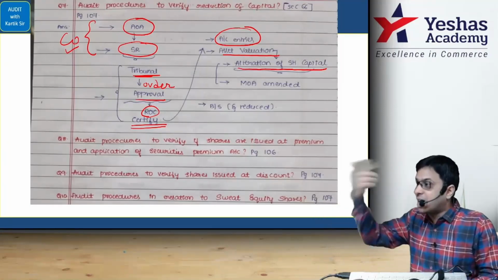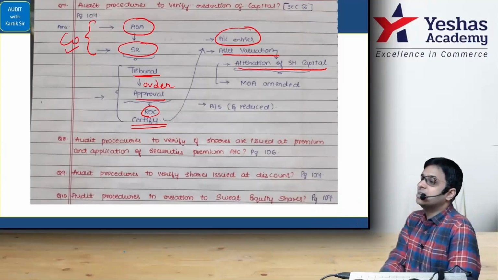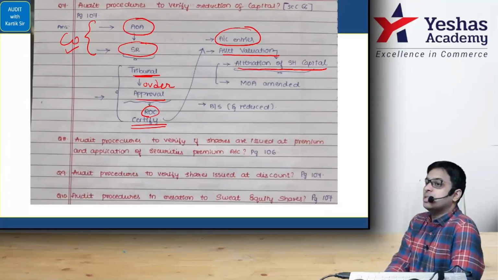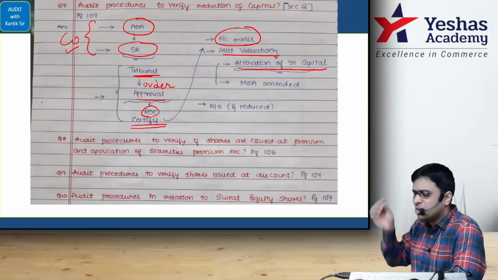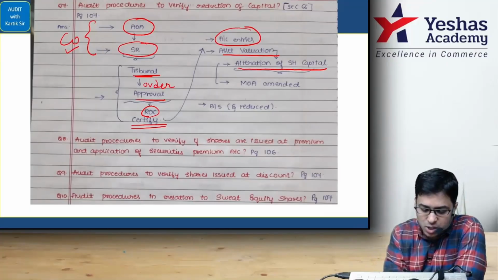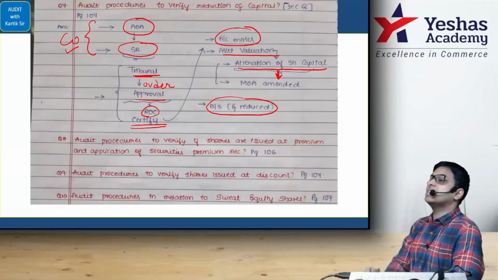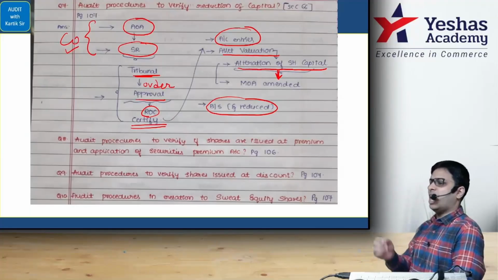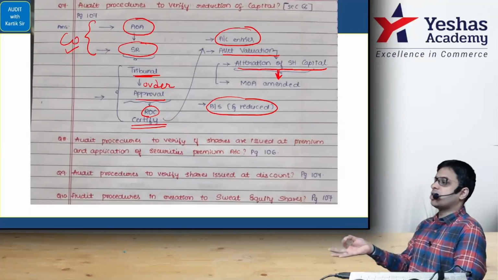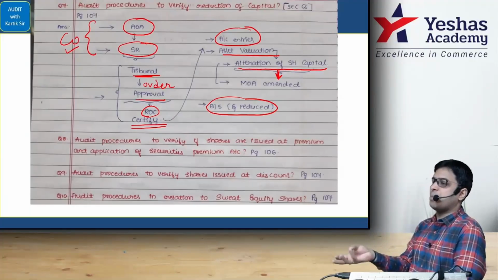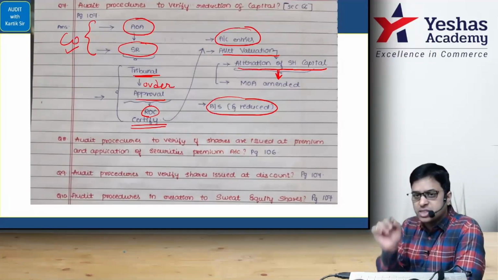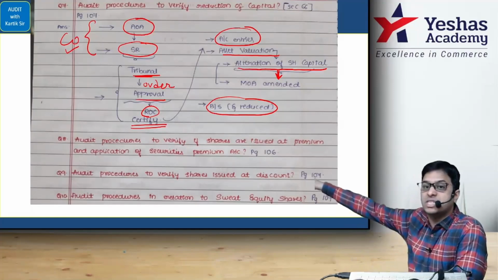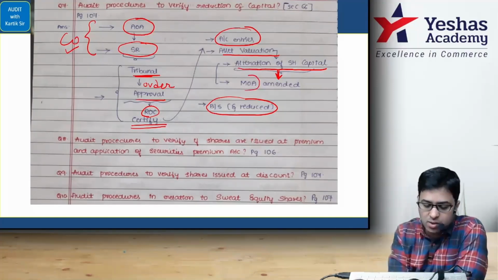Now whenever you make the new balance sheet, you have to write there "and reduced". Remember that, yes or no? You will write "and reduced" on the balance sheet. And because you alter the share capital, look at the clauses in your MOA. I don't know whether you remember from foundation: registered office clause, object clause, name clause, capital clause, domicile clause, subscription clause, liability clause. The capital clause gets amended because you have changed the share capital. Your MOA will be amended.